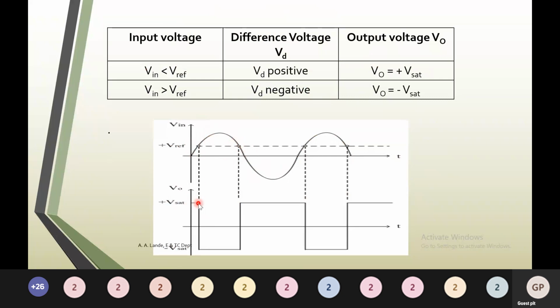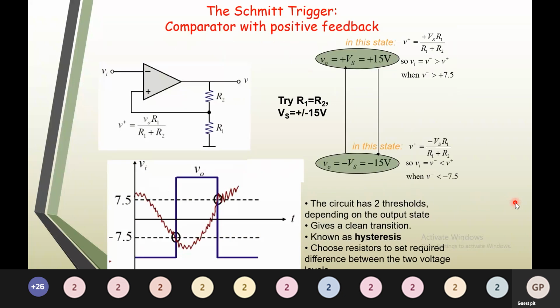So what will happen? Unwantedly, your output will also be changing from one level to the other level. It will be shifting its position from positive to negative or negative to positive. Unwanted transitions will be there in the output graph. So to avoid this, we'll be going in for a regenerative comparator, which is called a Schmitt trigger. It's a circuit with positive feedback. You can see this is the circuit of a Schmitt trigger, where you can see a positive feedback here. From the output through a resistor, you have a positive feedback here.